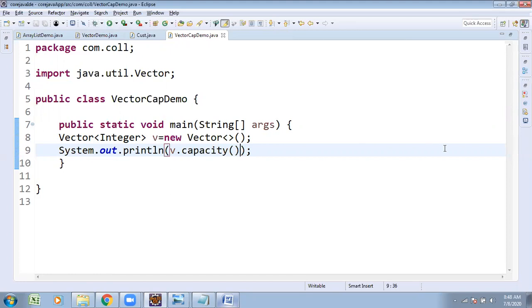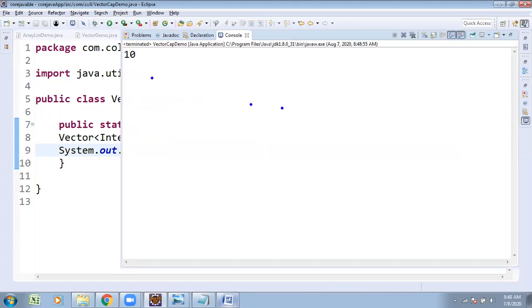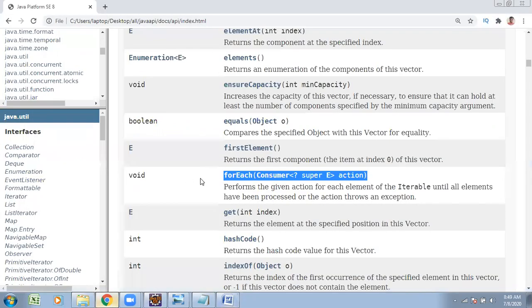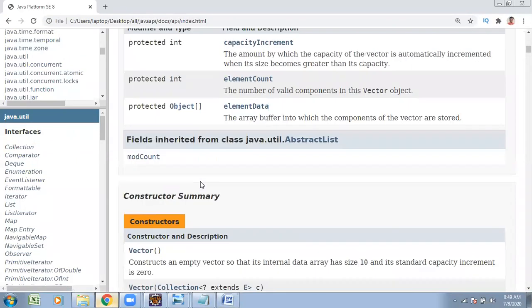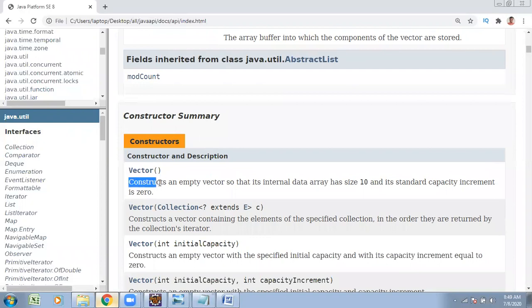See the output, showing the capacity as 10. By default, Vector capacity is 10. Constructor of empty Vector, so that initial data array size is 10.